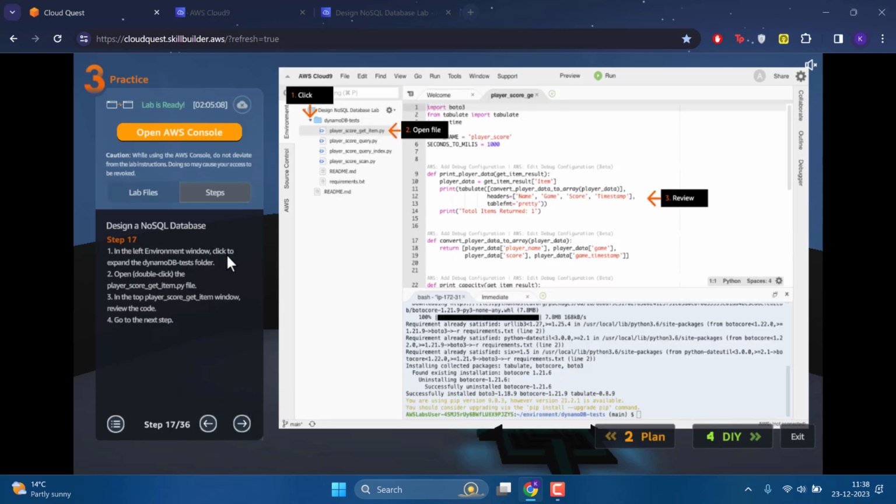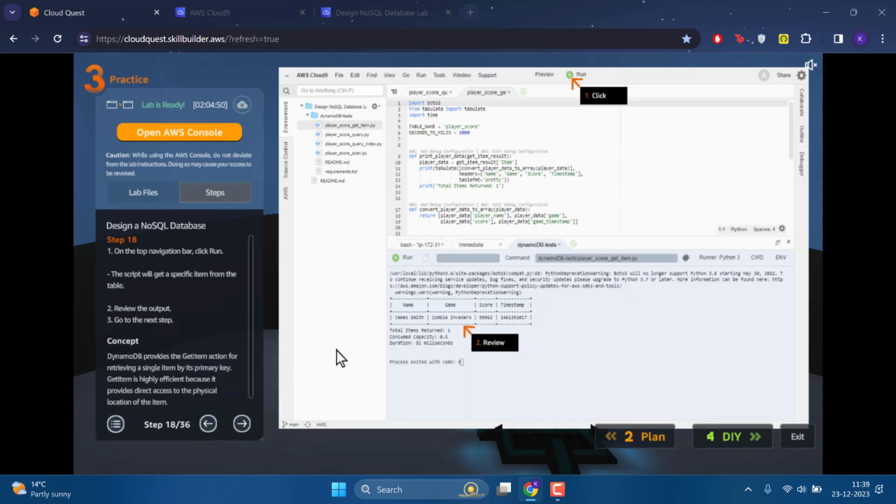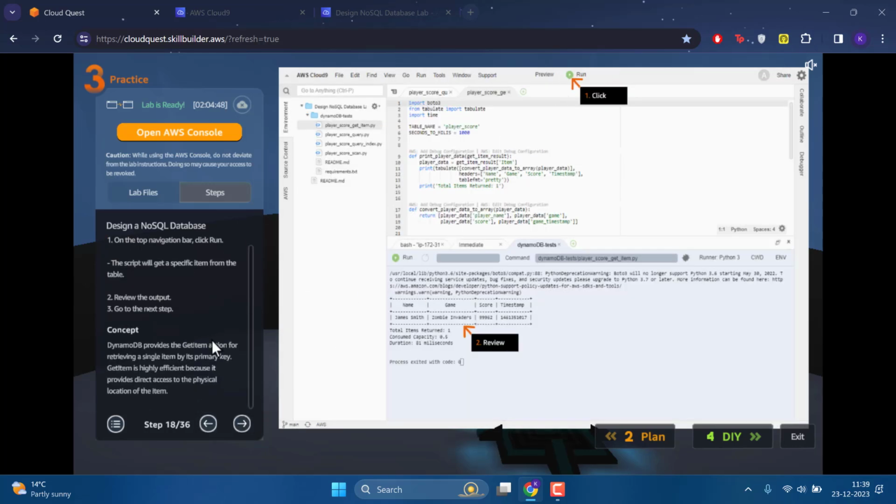And in the left environment window, click to expand that. Okay, so they want us to open this particular file, get item. Get item means we are going to read the record. Okay, so open that, then we'll review it, and then I think all we have to do is run it.